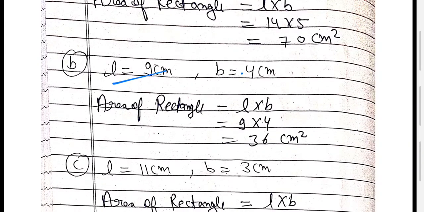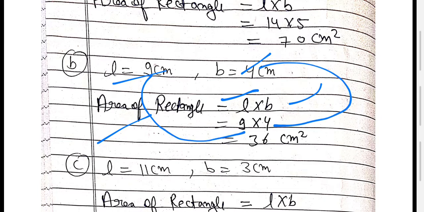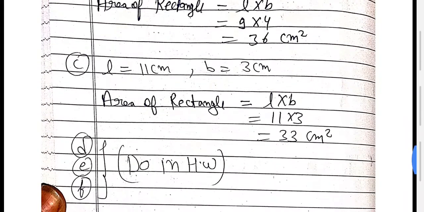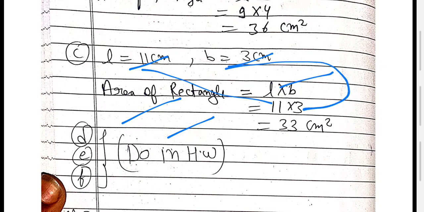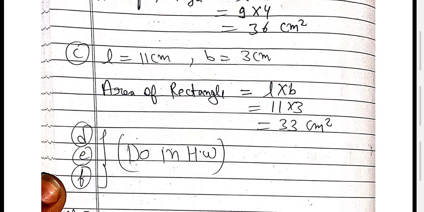Second one, length is given, breadth is given. So area of rectangle is equal to L into B. Just put the value of L here and B here. Now just calculate, 9 into 4 is 36. You get 36 centimeter square. C part, area, length is given, breadth is given. So area of rectangle is L into B. L is 11, B is 3. It becomes 33 centimeter square. So similarly you have to do D, E and F part by yourself in homework by putting the formula and